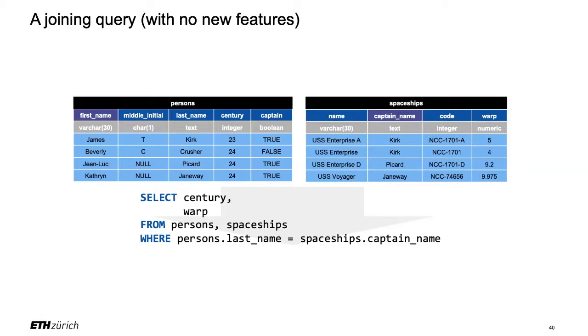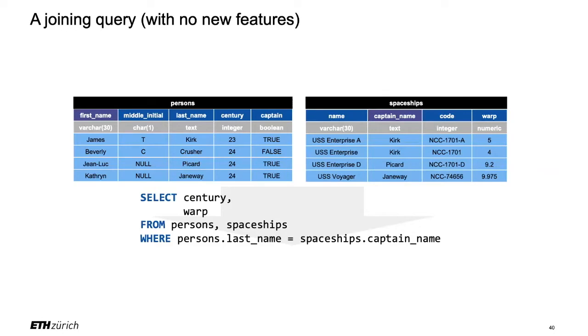Now, the predicates syntax is the same syntax as we used for selections in the where clause, right? We already saw that. You can use equals, not equal, greater than, lower than, and or not, addition, multiplication, even the trigonometric functions and square root and cubic root and so on. So it's exactly the same syntax as in the where clause. In fact, it is so much the same syntax that we are going to use a where clause. So we are comparing the last name of the person with the captain name of the spaceship,